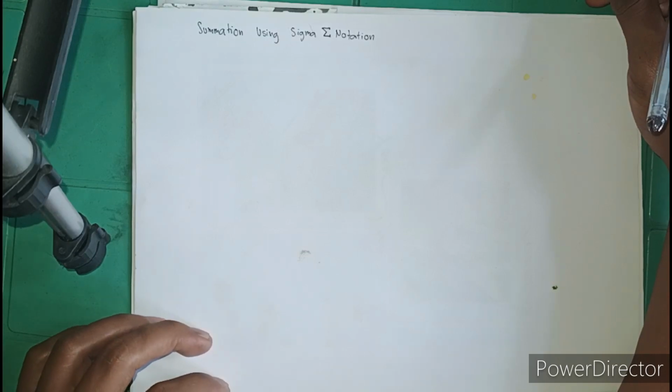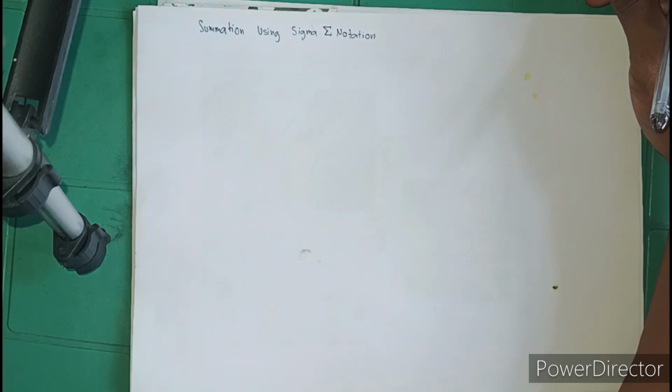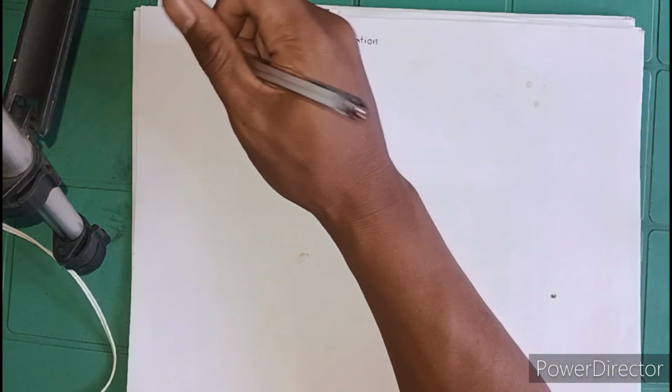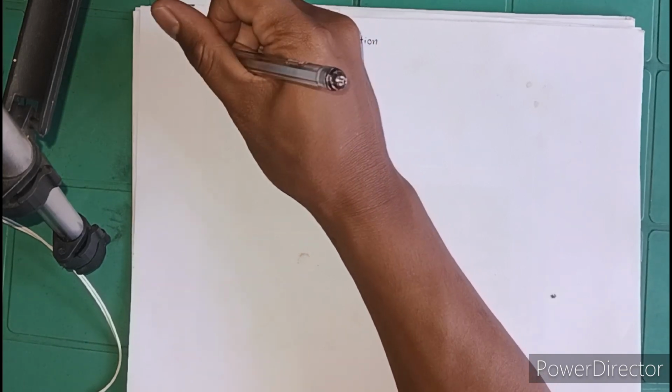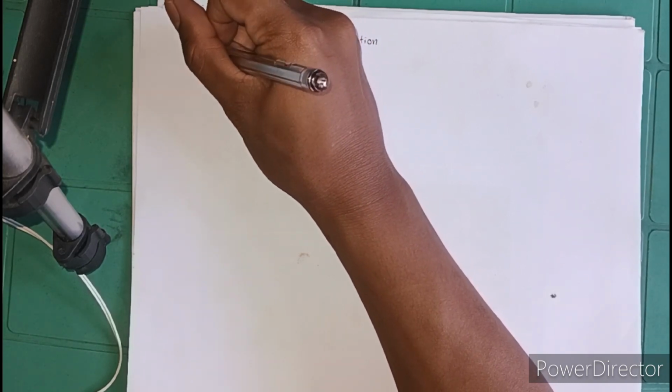So for this video, we are going to discuss the summation using sigma notation. Generally, summation sigma notation is used to represent a sum of multiple terms. So first thing we need to remember is this summation formula, such that an example of